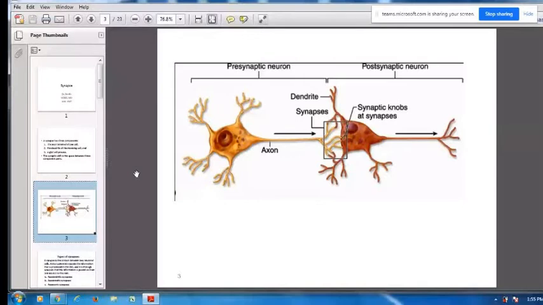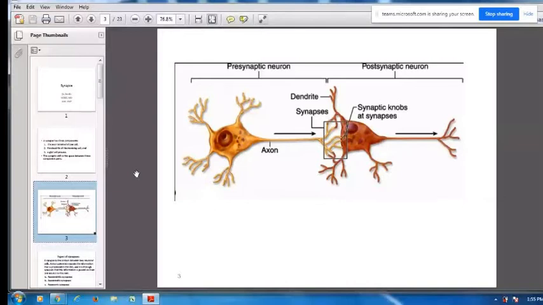Okay, axodendritic. Let's see axosomatic. The axon of one neuron and the soma of another neuron, directly on the soma. This is called axosomatic, but this is less common in the CNS. Then see here in the picture, this is an axoaxonal synapse. The axons of all three neurons are there. When an axon contacts another axon, it is called an axoaxonic synapse.